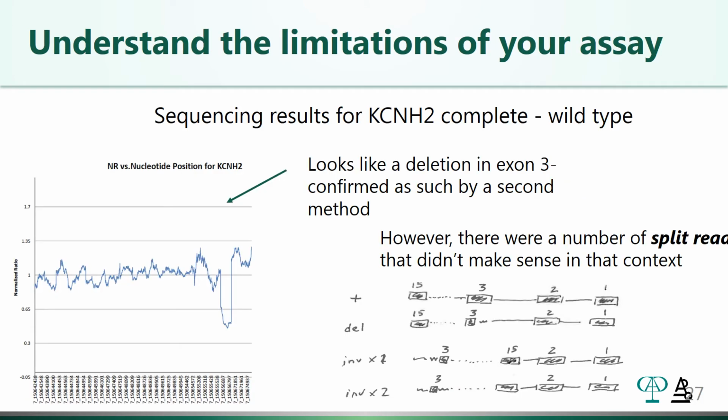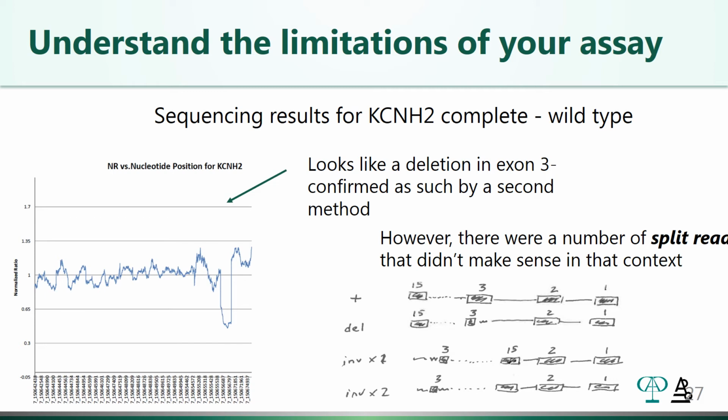Understand the limitations of your assay. So here is an example. This is from a long QT run that we were doing. We were looking for mutations in the KCNH2 gene. When we sequenced the gene for this particular patient, it was completely wild type, so there were no variants found